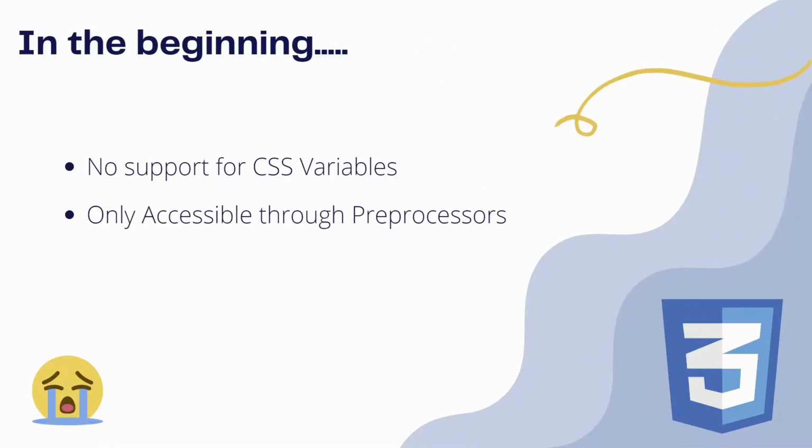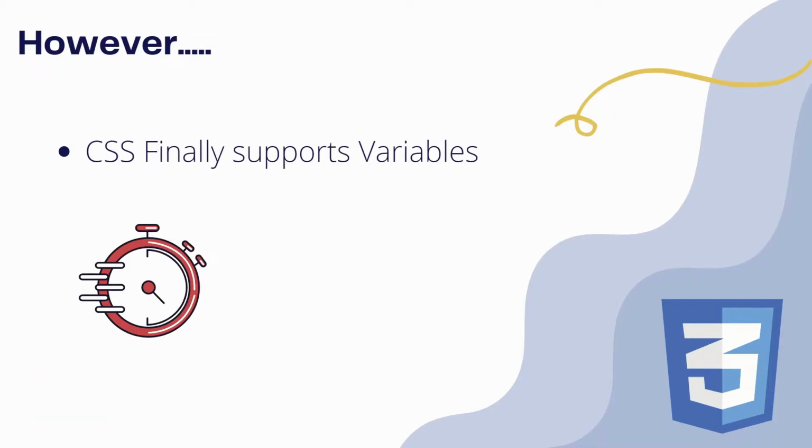Now, most programming languages have support for variables, but sadly this wasn't always the case with CSS, which at the beginning lacked support for variables, and the only way to use variables in CSS would have to access them through a preprocessor like Sass. However, the world of programming and design works extremely fast and adapts just as quickly, so I'm now glad to report that CSS finally supports variables. So what we're going to do now is dive into VS Code and learn how to create and use these